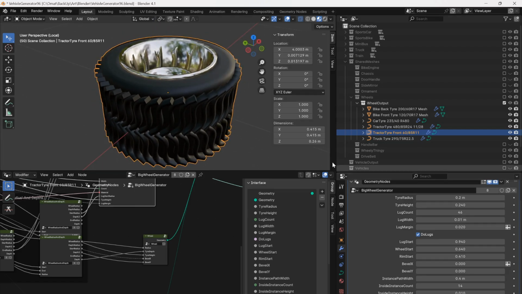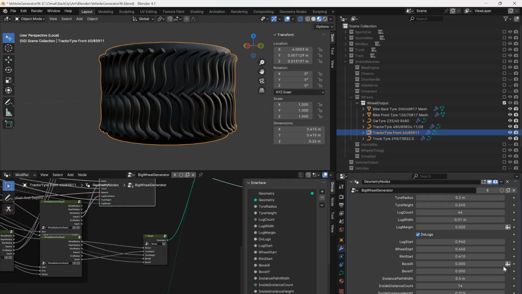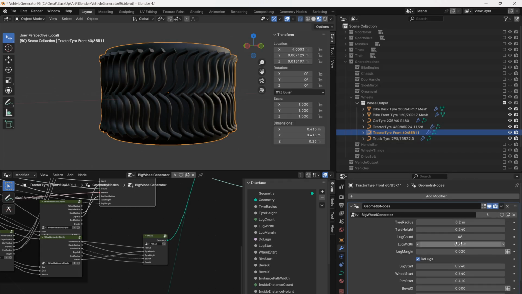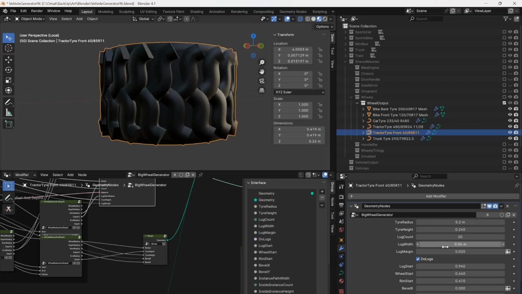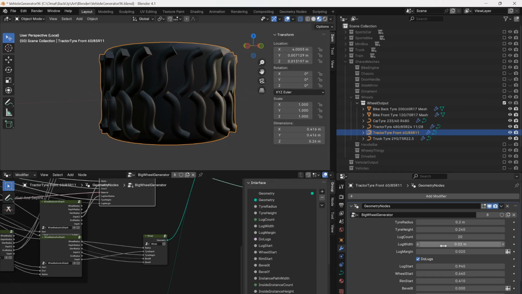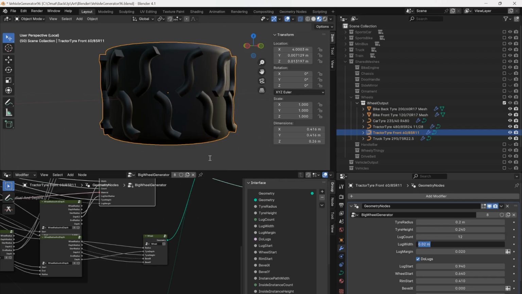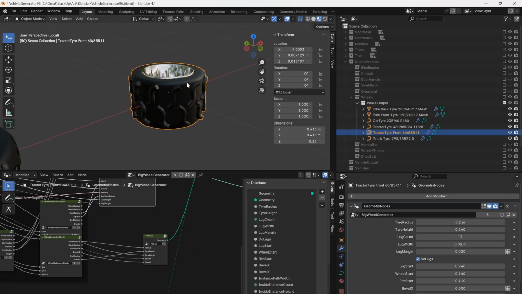Probably want slightly less lugs, maybe like 20, and wider ones. Maybe go with that, that's too much. Go to, still maybe less lugs. 12 lugs is enough. So now it looks more like a